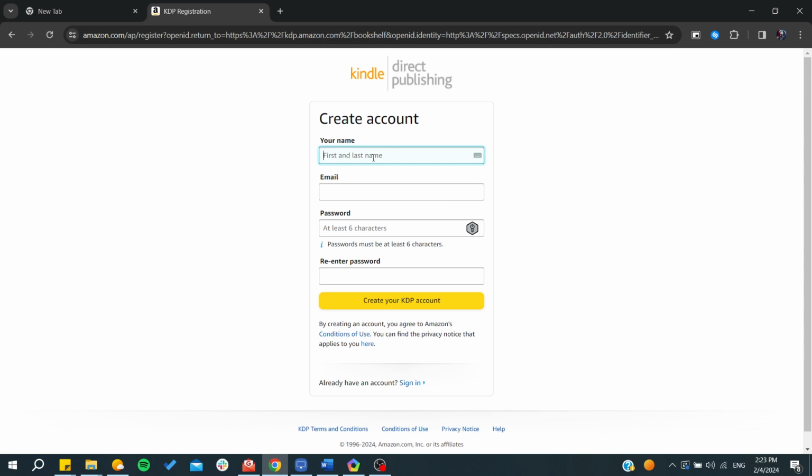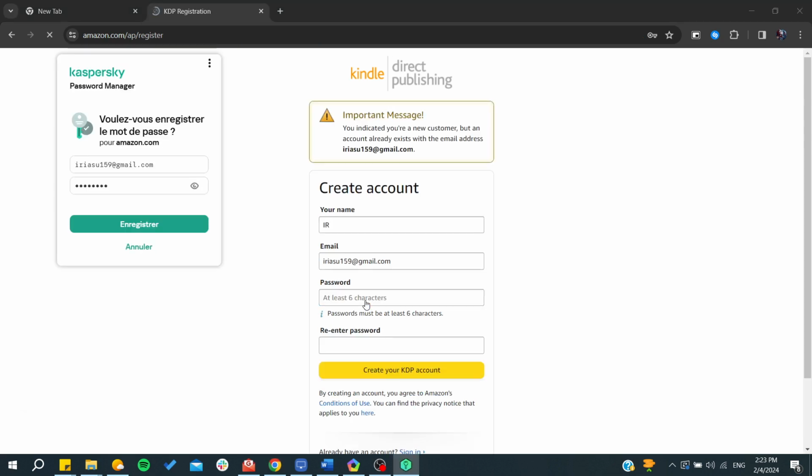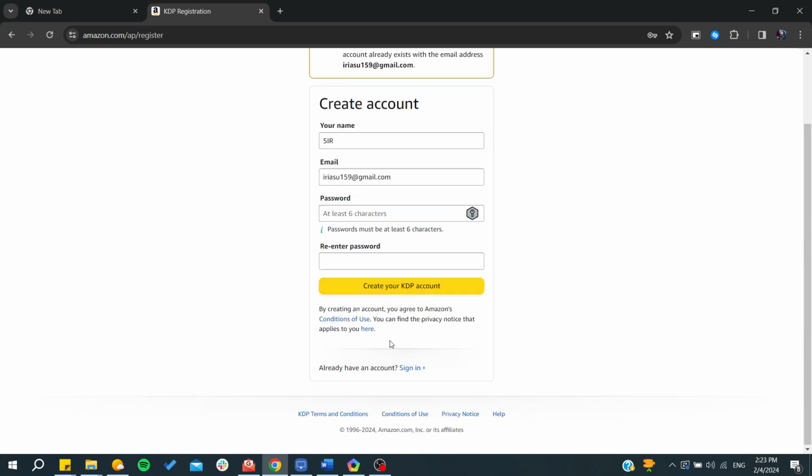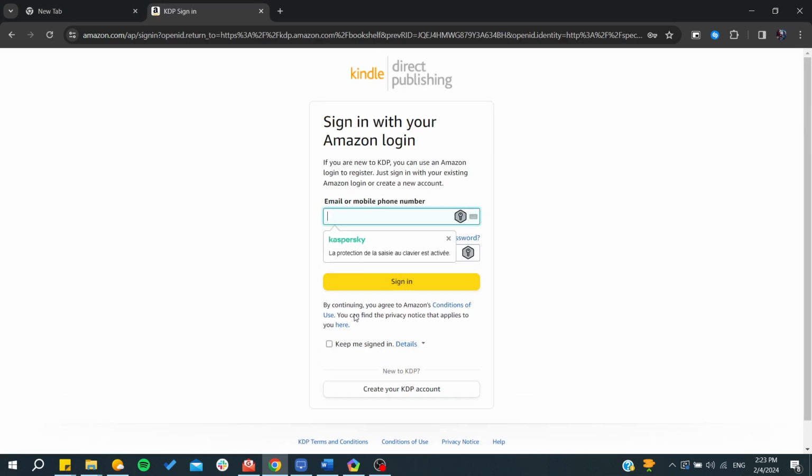You add your name here, so I will just add any name and basically the email, and you will need just to re-enter your email as a confirmation. You click on continue. So basically I already have an account. I was just showing you how to sign up on your account. So basically I'm just going to add my account here,